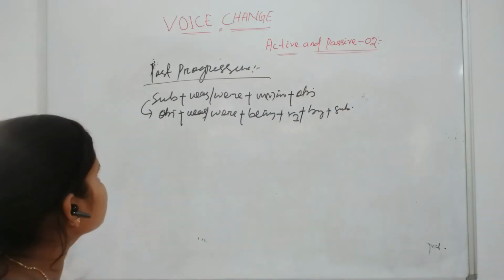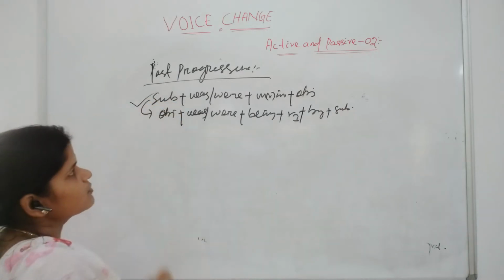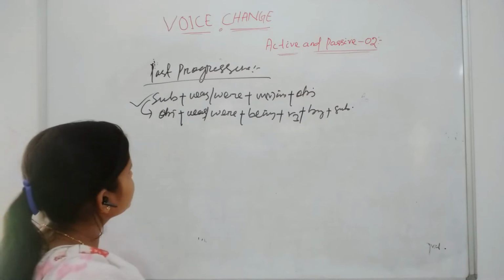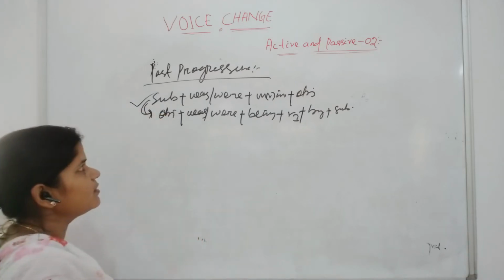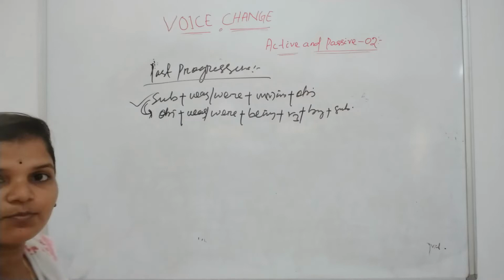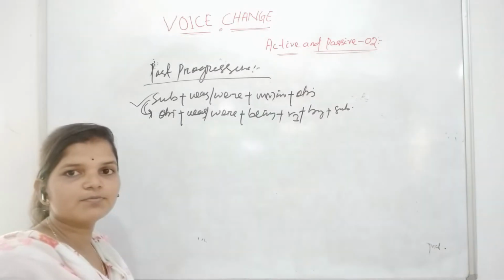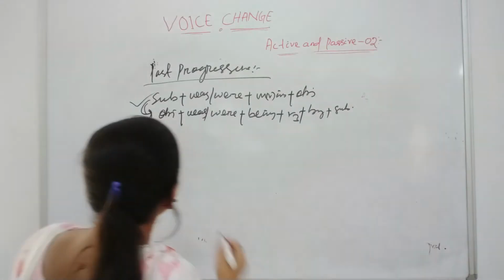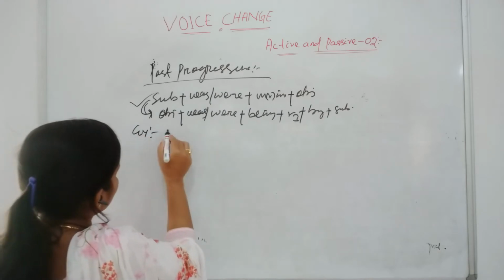So the past progressive active structure is subject plus was/were plus verb-ing plus object, and the passive structure is object plus was/were plus being plus V3 plus by plus subject. Example: Kapil Dev